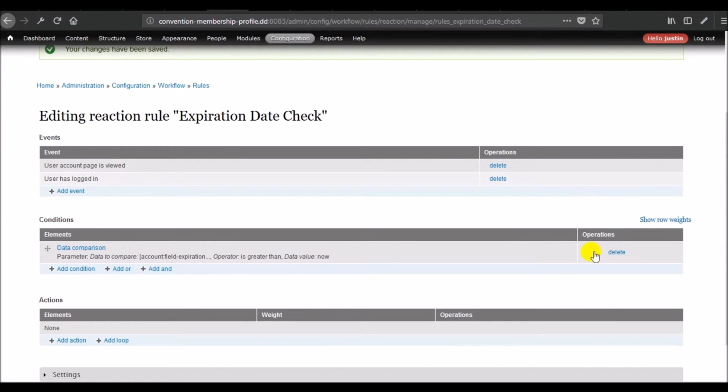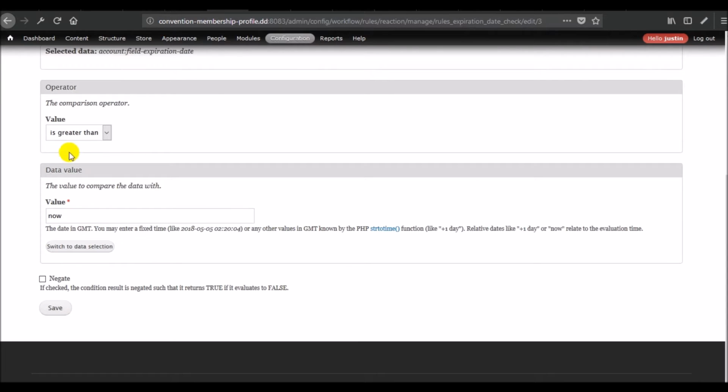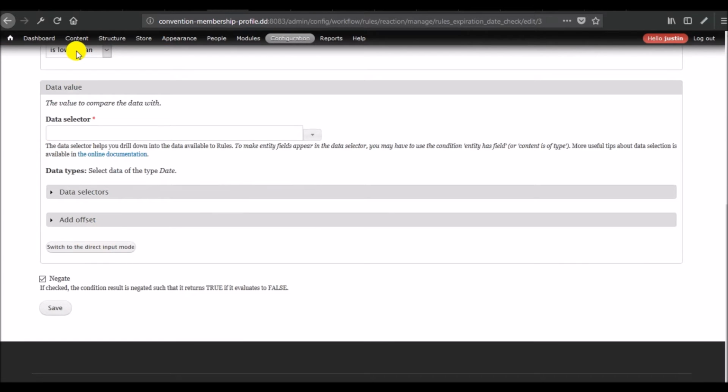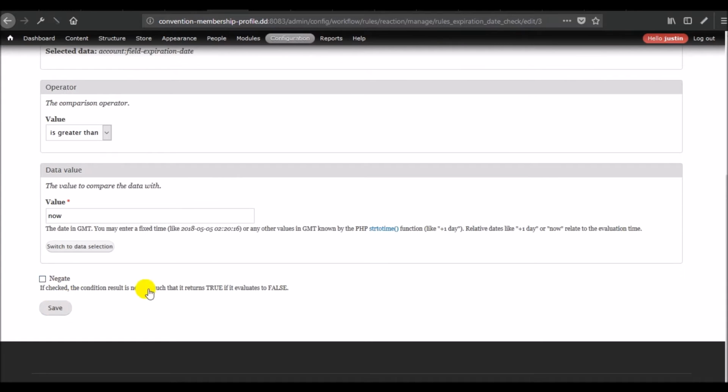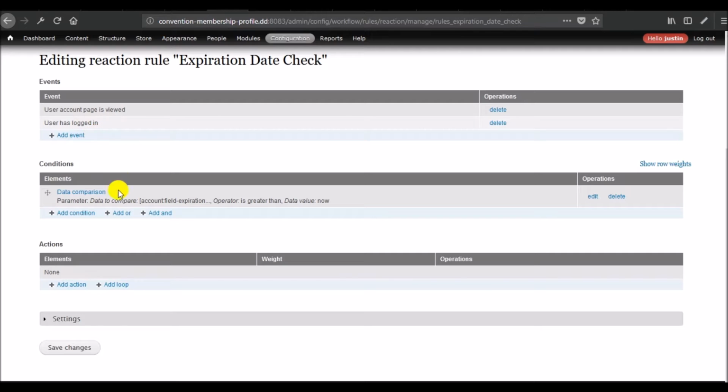You can take this in the reverse way: if it's not greater than now, or if it's not lower than now. So be mindful of your logic here. I'm just going to approach it simply and say, when we log in, if the date is greater than now,